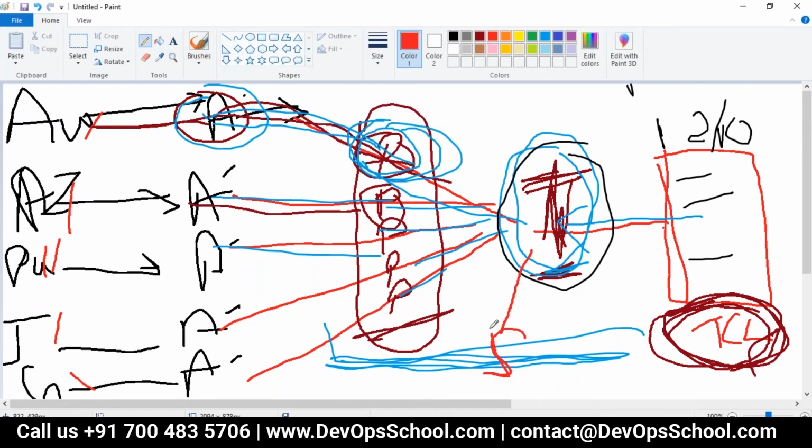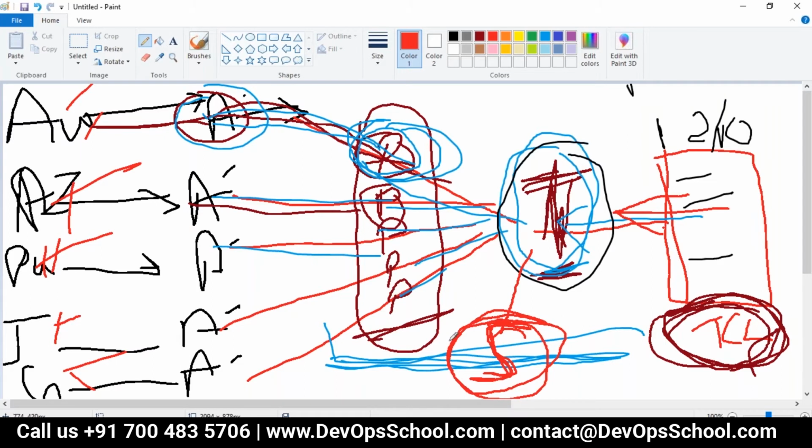It's an important one. Whatever the response, let's say you created one EC2 instance, whatever it is, you store that in the state file. Terraform stores it in the state file. So next time you apply the same script one more time, it will check whether it's an addition, a change, or a deletion. It checks from this place.